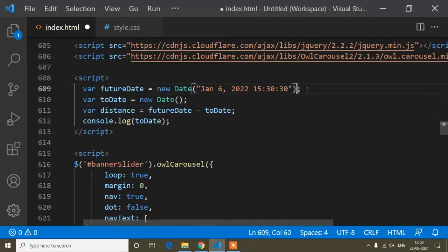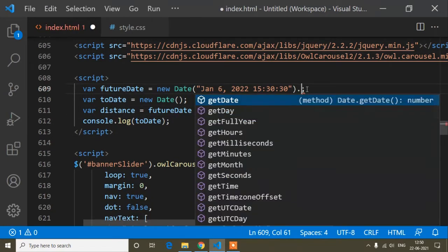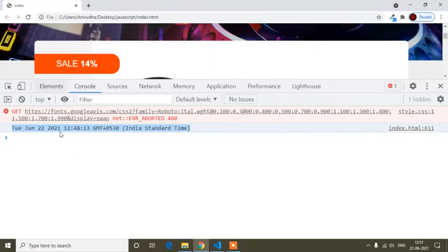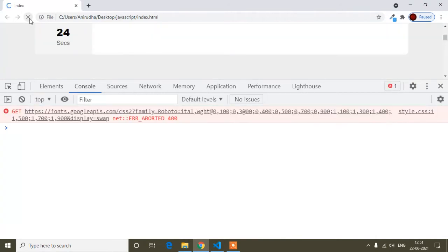For converting to milliseconds, just write getTime(). That will convert to milliseconds. So the future date now I have converted. If I copy and paste this future date in the console, you will not find it like this way, you will find it in milliseconds.